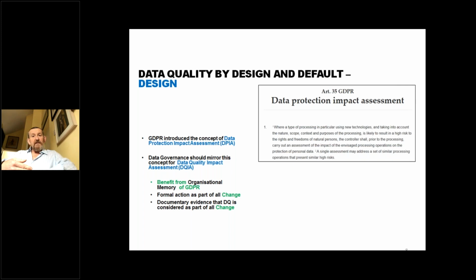So I'm suggesting to leverage, from a data quality point of view, another one called a DQIA, a data quality impact assessment. Exactly the same idea. Every change program should consider its role to play to improve, or to police, or to guard data quality within the organization. The quality impact assessment would say things like, what is this change doing? What is it going out of its way to do to try and ensure good data quality?